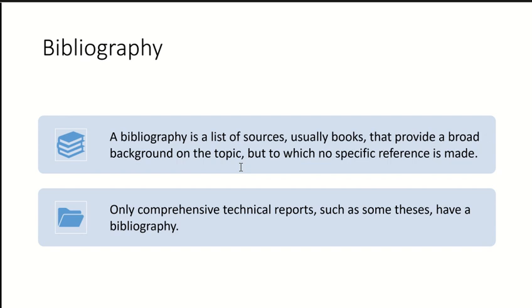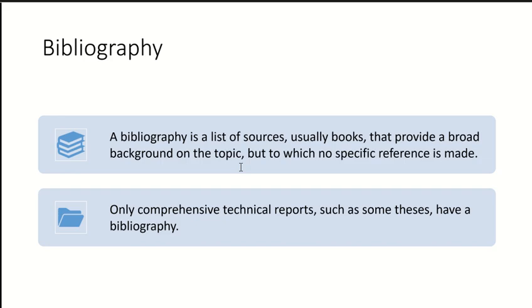Clear? In that case, the bibliography will only have sources from which you can get background information, so that you can understand the topic. This is what I mentioned. We stop here, and next time I will